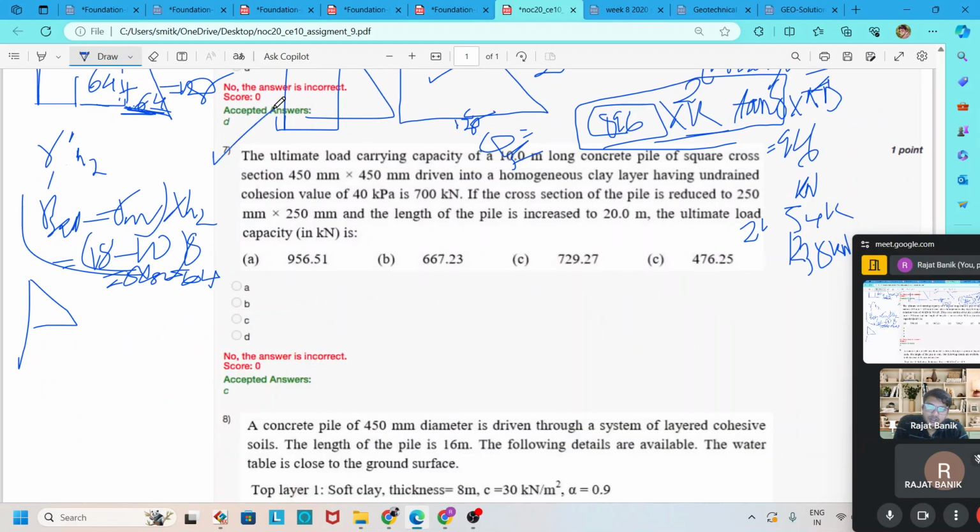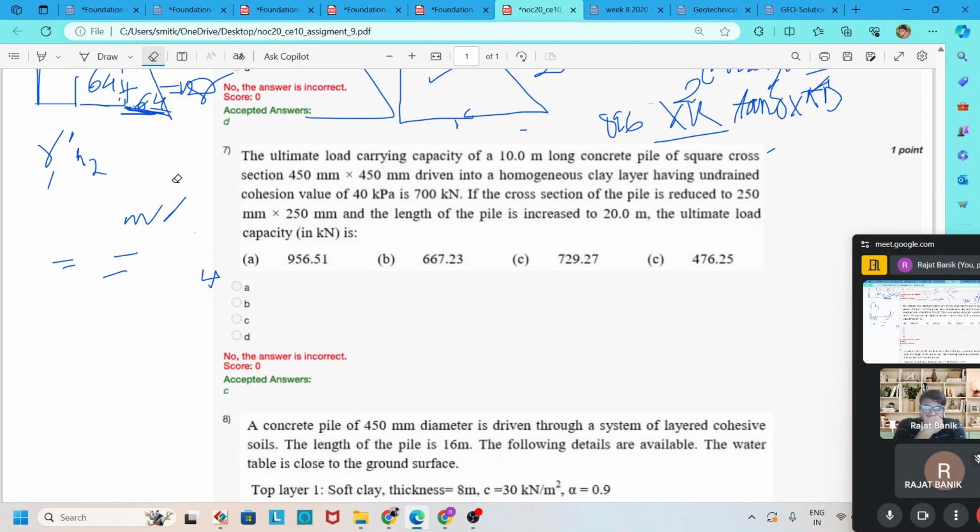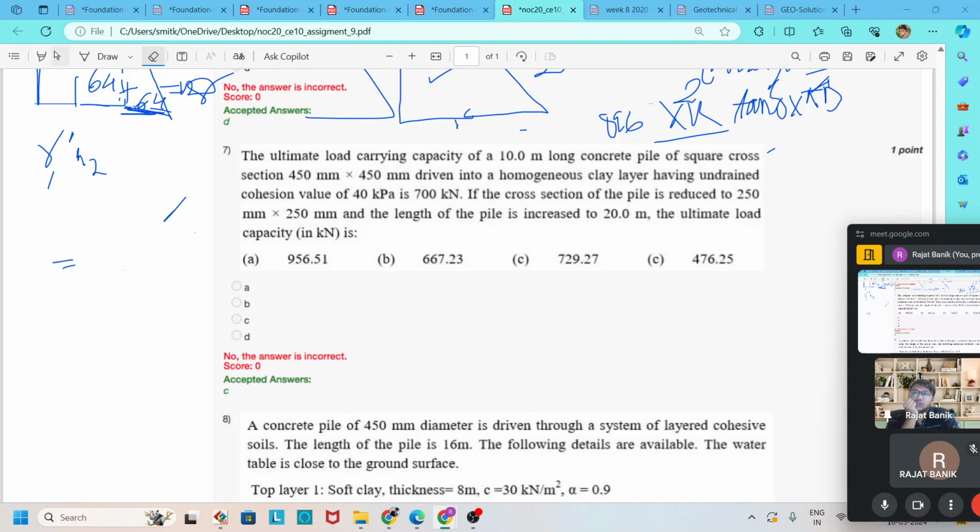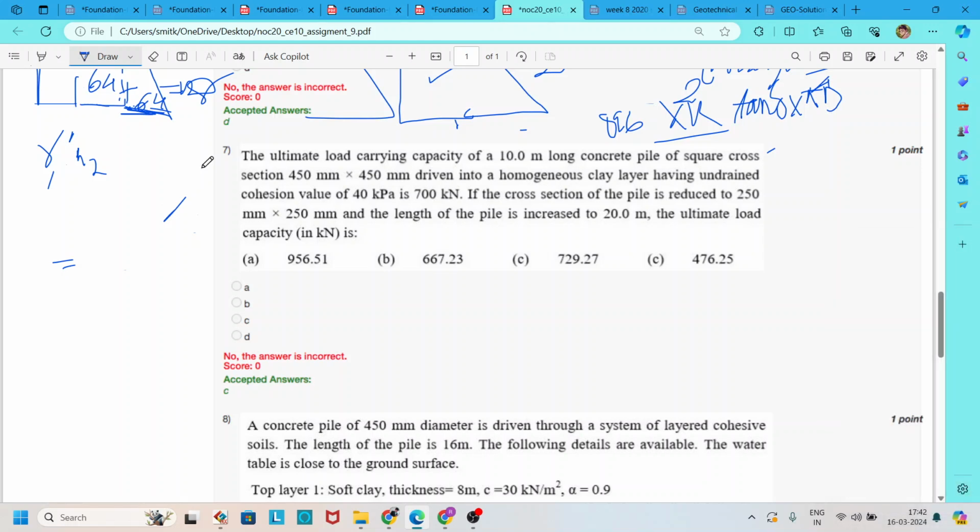Now move on to question number 7, which asks for the ultimate load carrying capacity of a 10-meter long concrete pile of a square cross section is